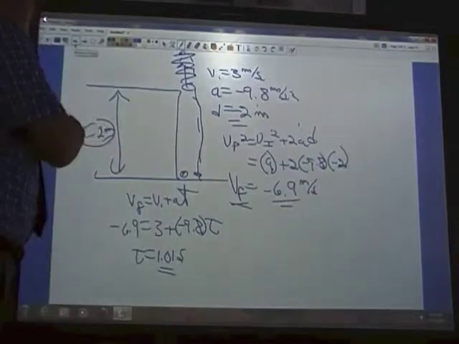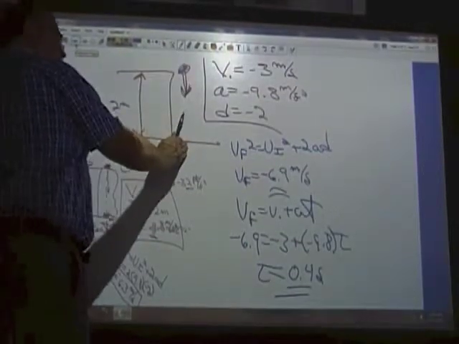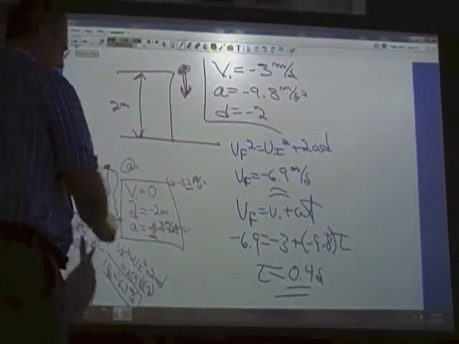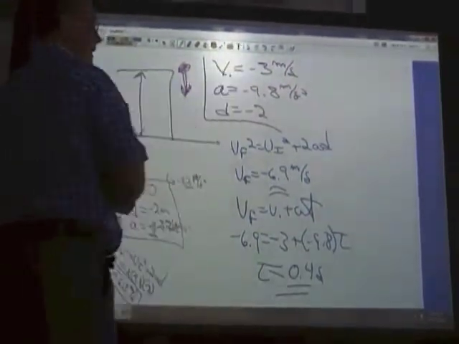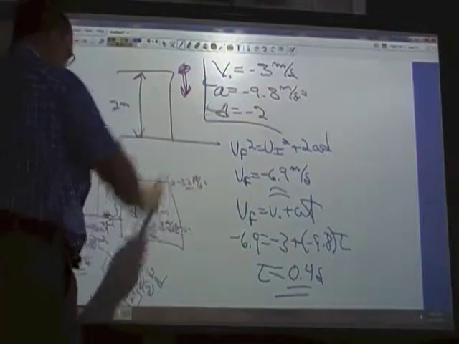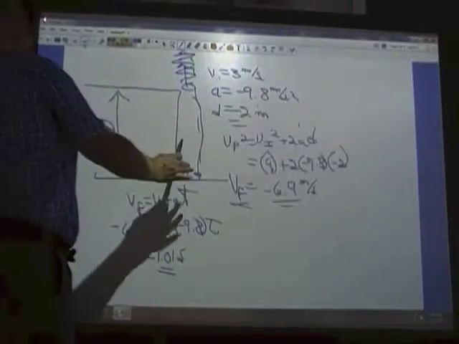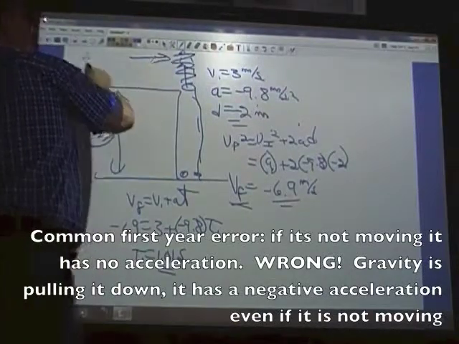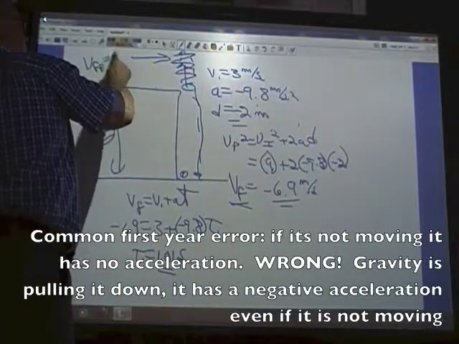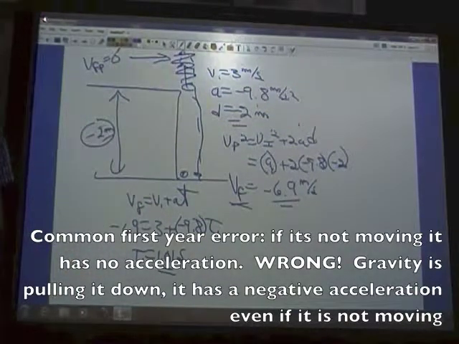So for a free fall, we see three types of questions. Question number one, we reach over and drop it. VI equals 0. That was this one here. Question number two, we reach over and throw it down. VI equals -3. Notice the acceleration and displacement is the same for both of these situations. And now the question is, how high does it rise and what's the time to the peak? And here you have to remember that VF at the peak is equal to 0. For a millisecond, it stops up there. Okay? And I know we talked about it in the earlier videos,